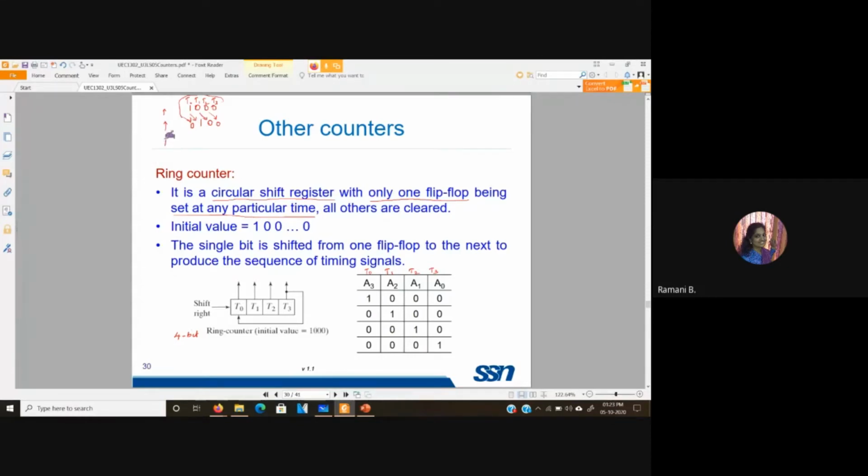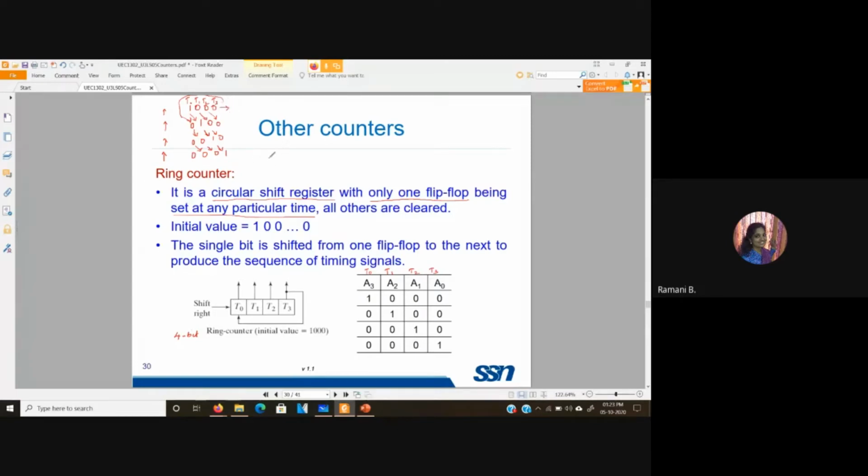The same way this goes on. So this 0 will go over here. Here you get the 1. Here you get this. And the 0 will be coming over here. And then again the same way 0, 0, 1. And this one will come over here. After this, this is going to repeat, which is nothing but the same thing.